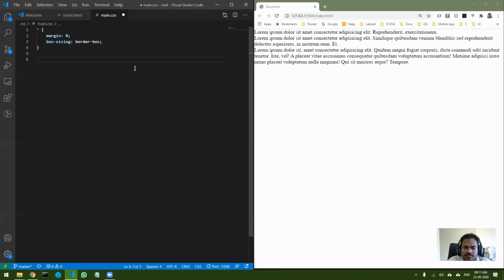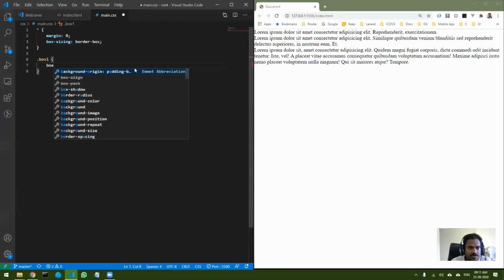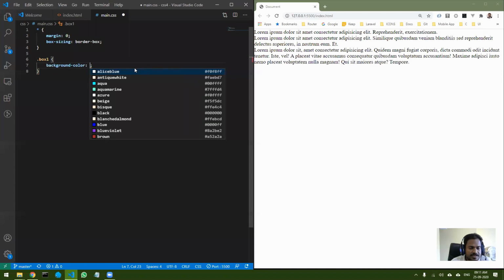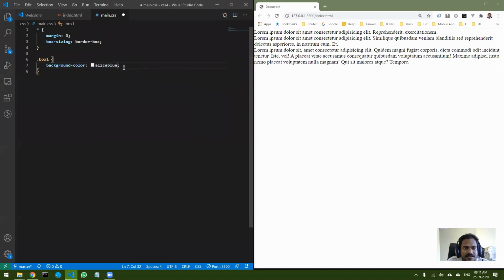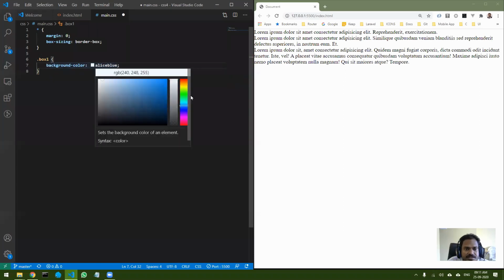If I want to set the color, I can set it by accessing the class, right? So I can say box one, background color of, let's say, let me select some color. So let this be the color.